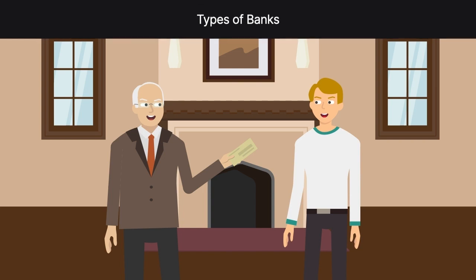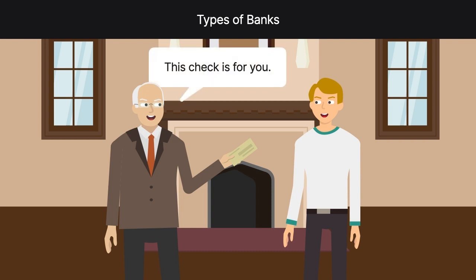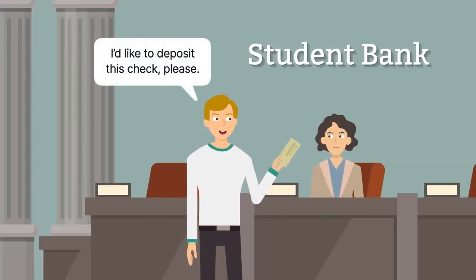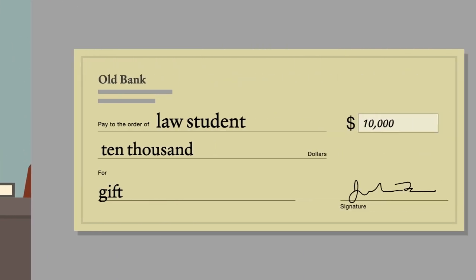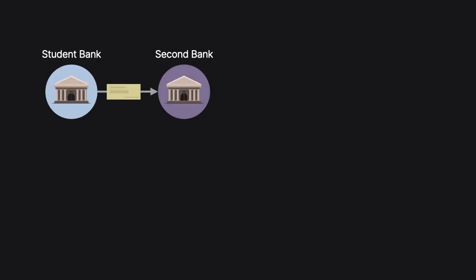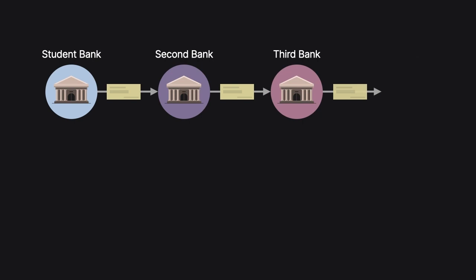Article 4 sets forth 5 distinct types of banks. Perhaps the best way to illustrate their various roles is through an example. Imagine that a law student received a birthday check from his grandpa. The law student negotiated the check to Student Bank for deposit into his account. The check was to be drawn on Old Bank, where the law student's grandpa had his deposit account. Student Bank sent the check to Second Bank for forwarding to Third Bank, which then presented the check to Old